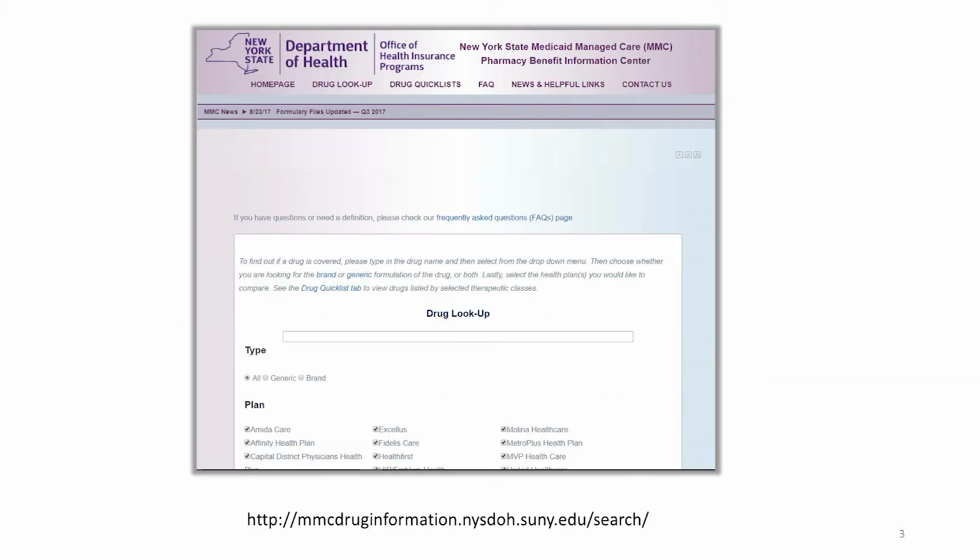After that project, I led the team that developed a website that's still being used today and still being developed, that allowed you to search formularies in Medicaid. So in Medicaid, there are multiple managed care plans. There are about, I think, 18 different plans in New York State, and each one covers a different set of pharmacy drugs. And we built a system to integrate data across multiple systems and allow you to search a drug and see which plans cover that drug. So that's how I kind of got into healthcare data.